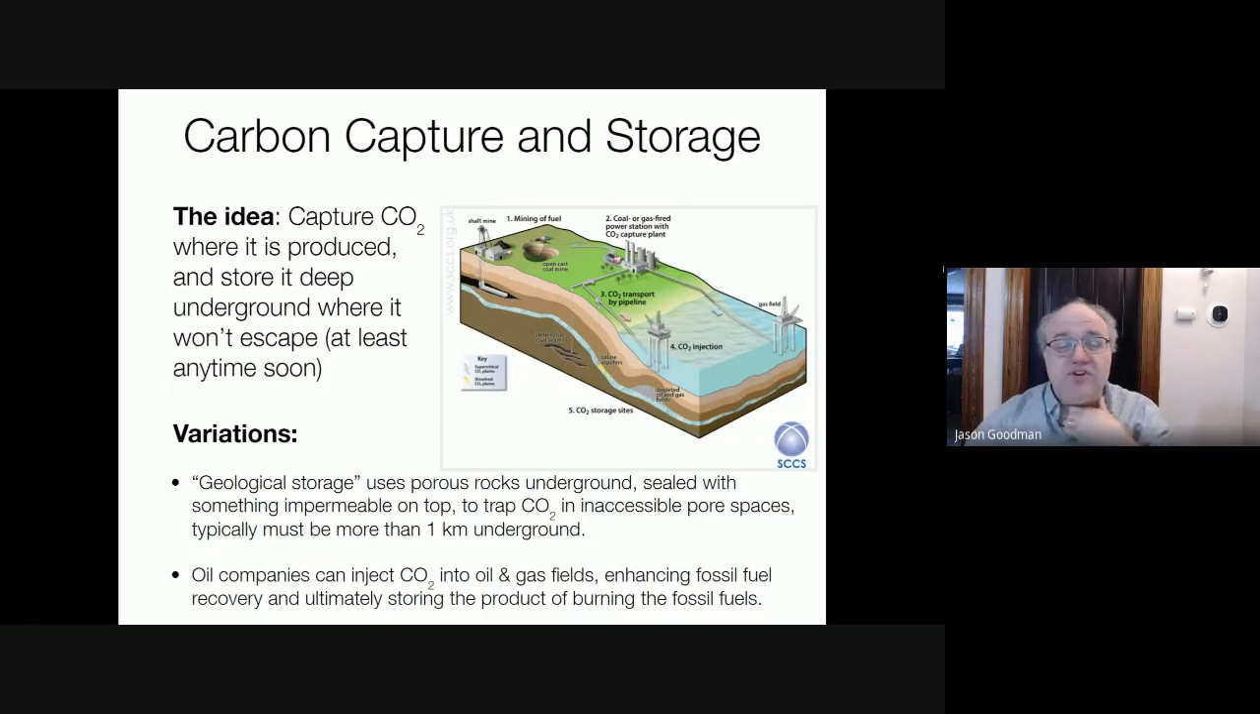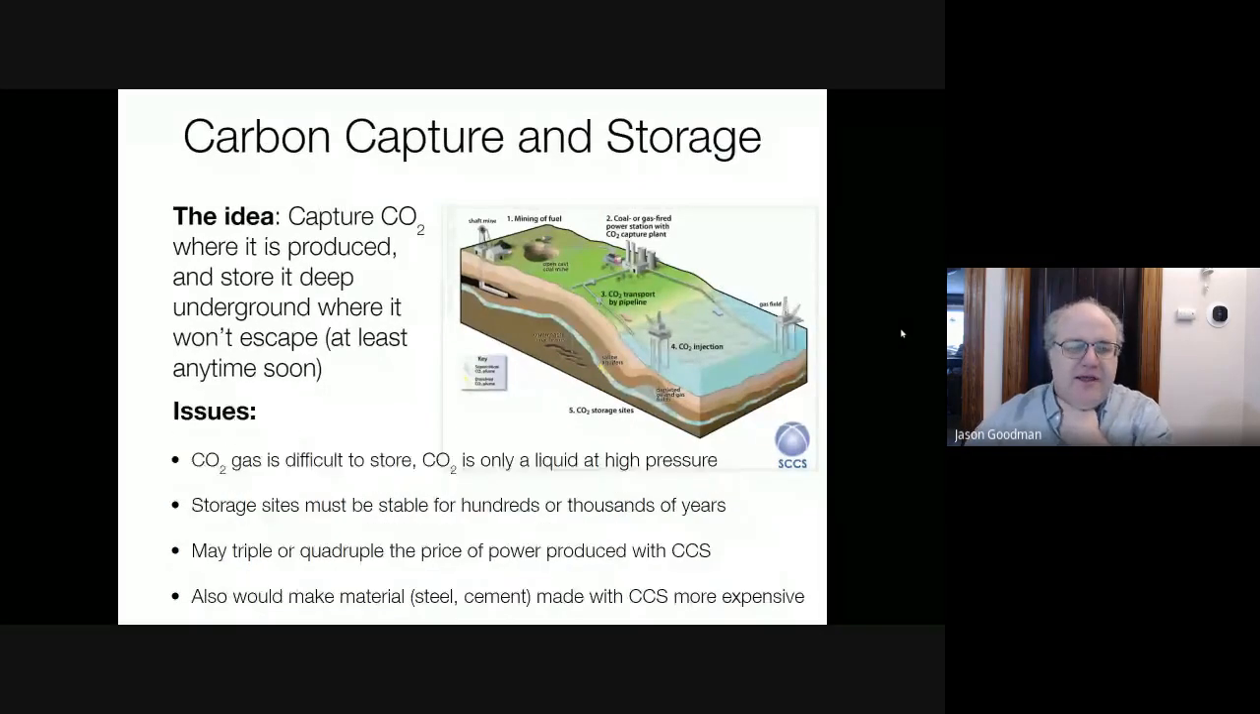But the trick here is you got to make sure, very sure, that the CO2 doesn't get back out again. All right. You can't store it as a gas. You need to turn it into a liquid, and it's only a liquid at high pressure. So there's a lot of energy and work that needs to be done to compress that gas down into a liquid form. And where does that energy to do that come from? Well, you got to burn more fossil fuels. So you got to pick storage sites that are stable for centuries or thousands of years, or you've wasted everybody's